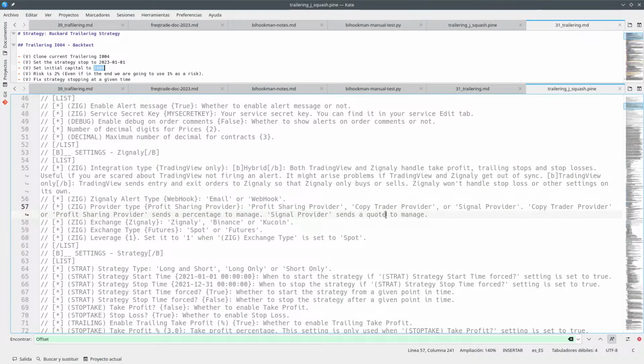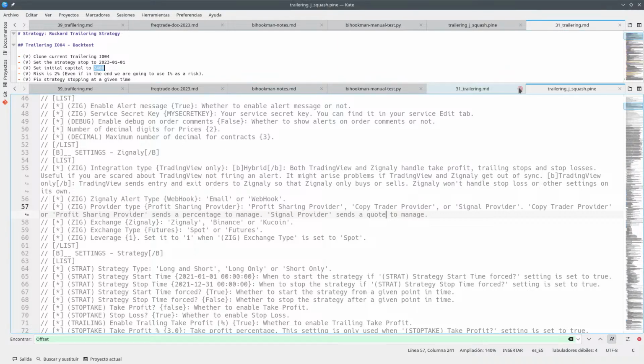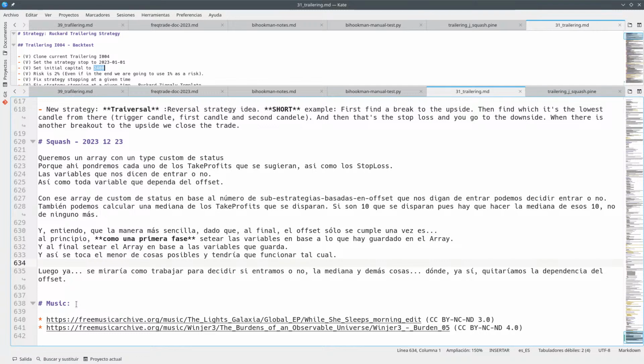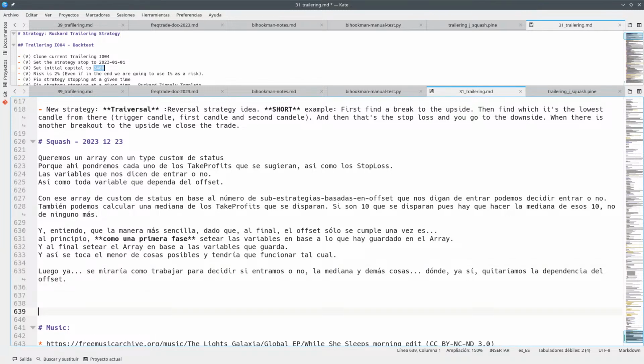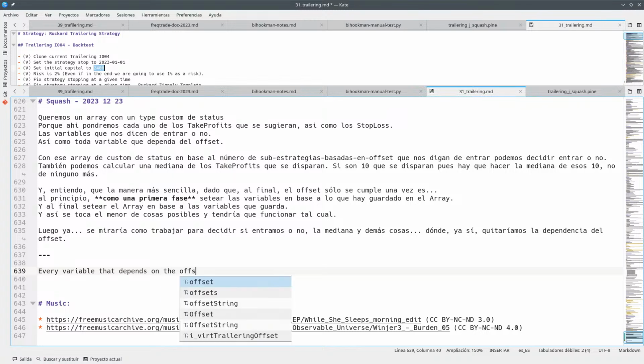Okay, so I have an idea of what I want to do, so let's write it down here. So the idea is that every variable that depends on the offset value, on the trailering offset value,